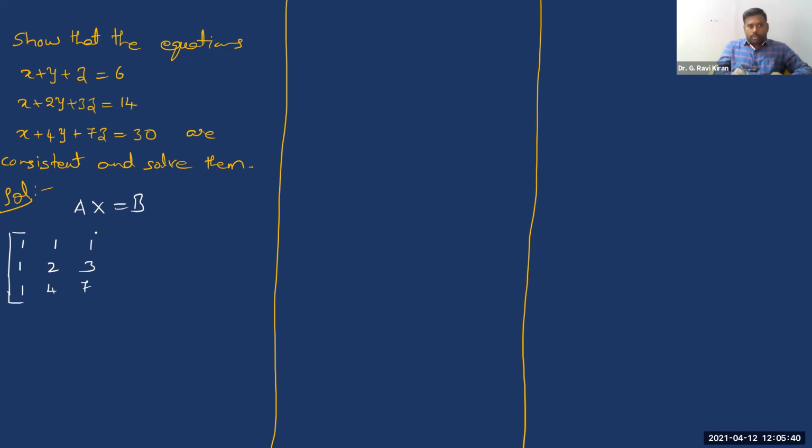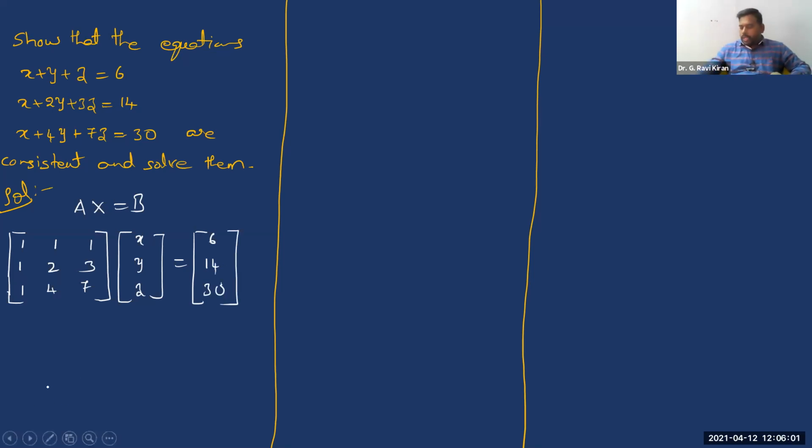Now see, these are the coefficients of all the unknowns in these equations. That's the coefficient matrix. Now if you write matrix X, the solution vector, the unknowns are X, Y, and Z. Next, similarly, the right hand side vector is 6, 14, and 30. This is your matrix form. If you recall what we did in the last case, after writing the matrix form, we usually write the augmented matrix. In fact, the idea is to find out the ranks of matrix A and AB, correct?